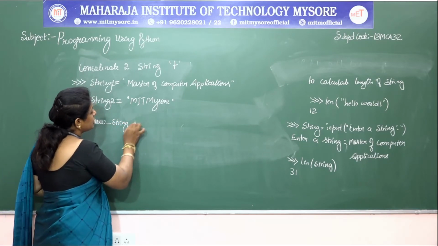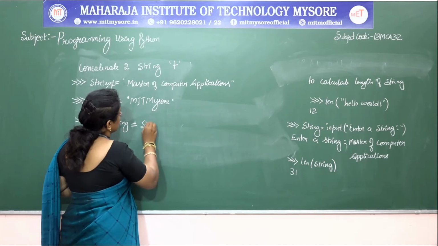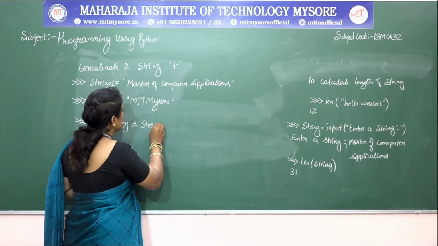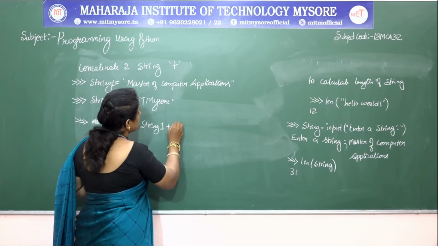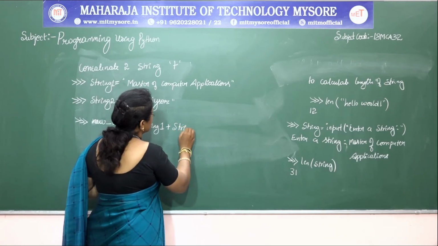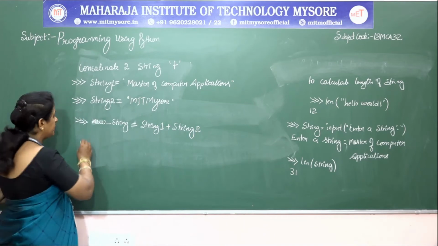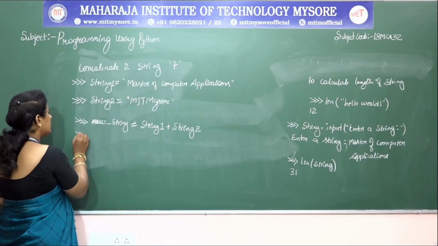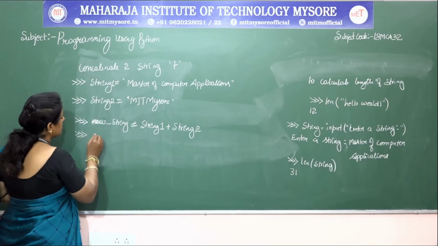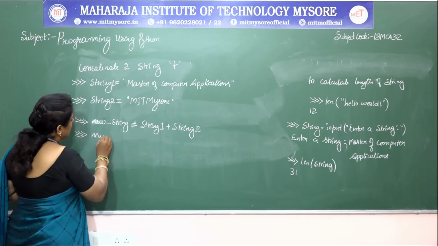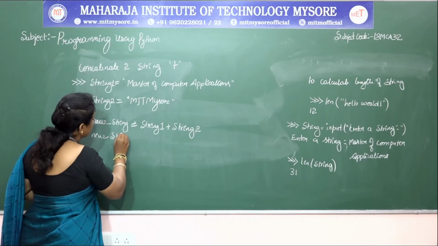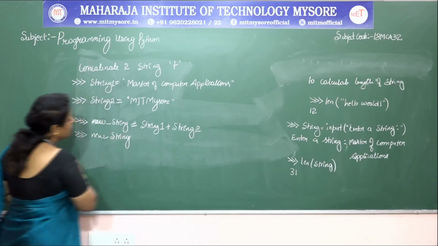To perform concatenation, I am using the plus operator, string 1 plus string 2. When these are evaluated, the value will be stored in new string. Then I am just displaying the content of the new string variable. So the output will be